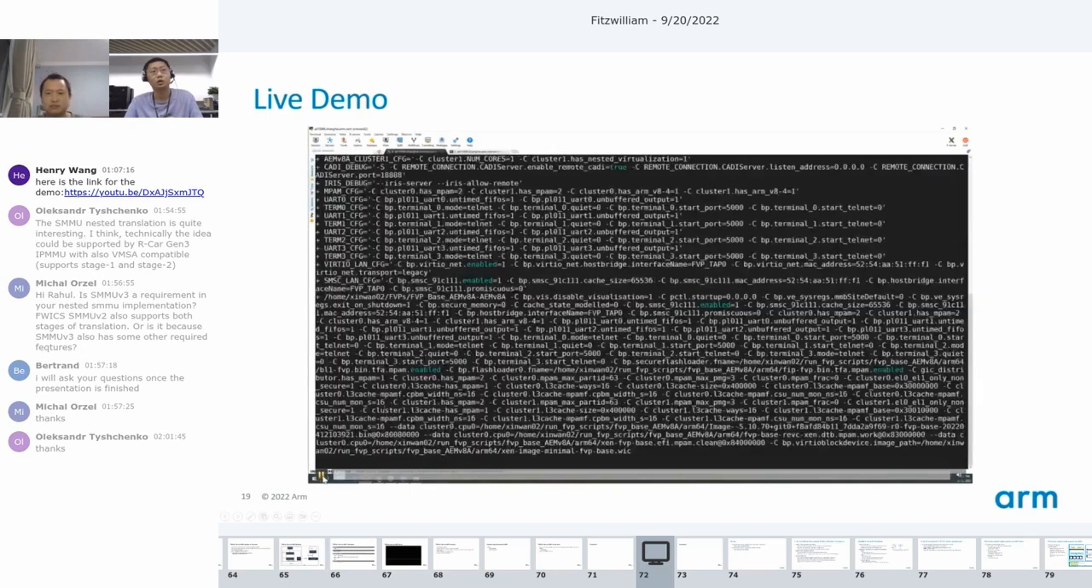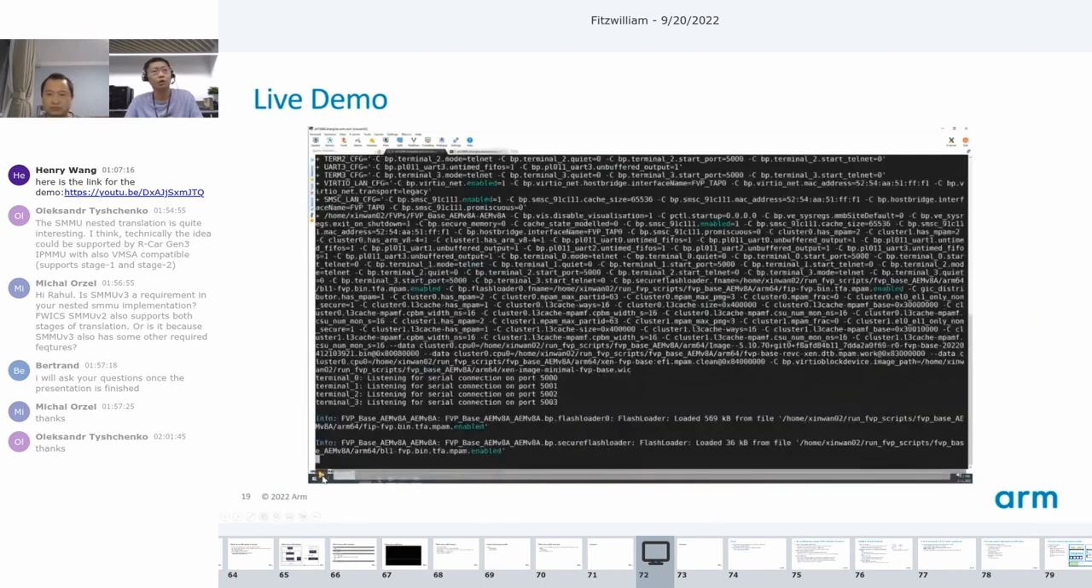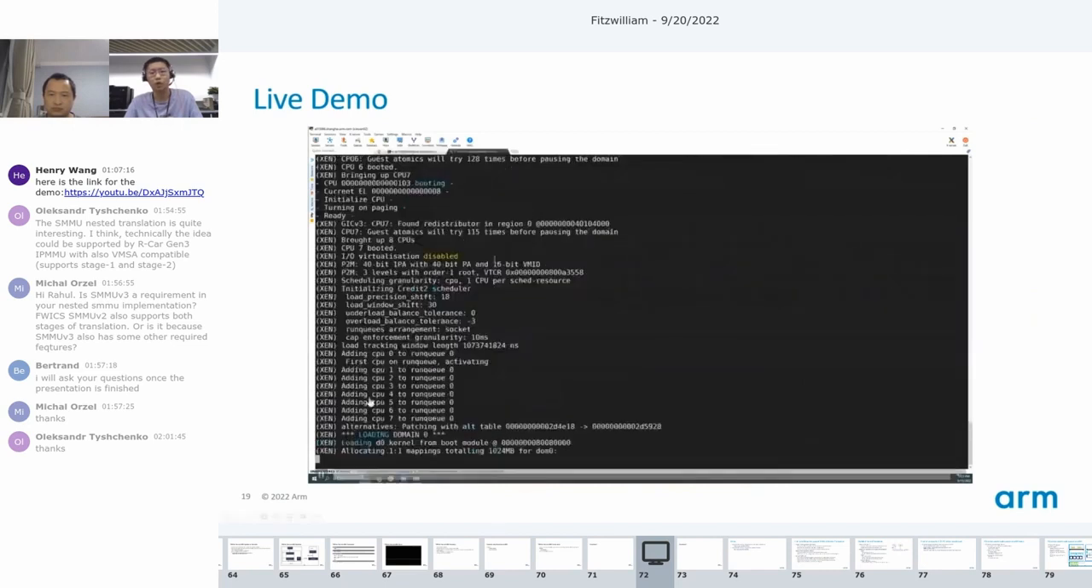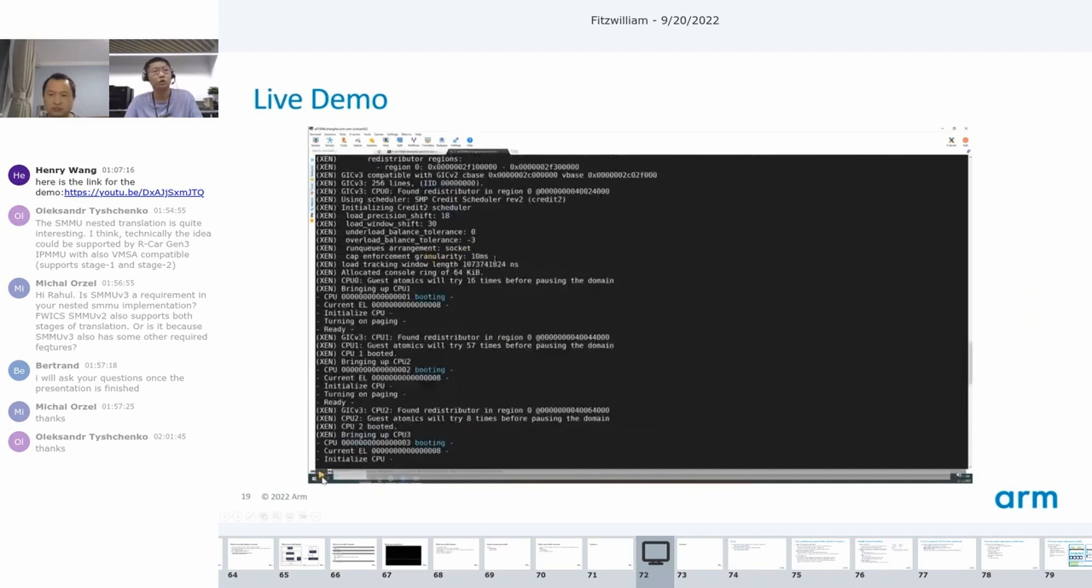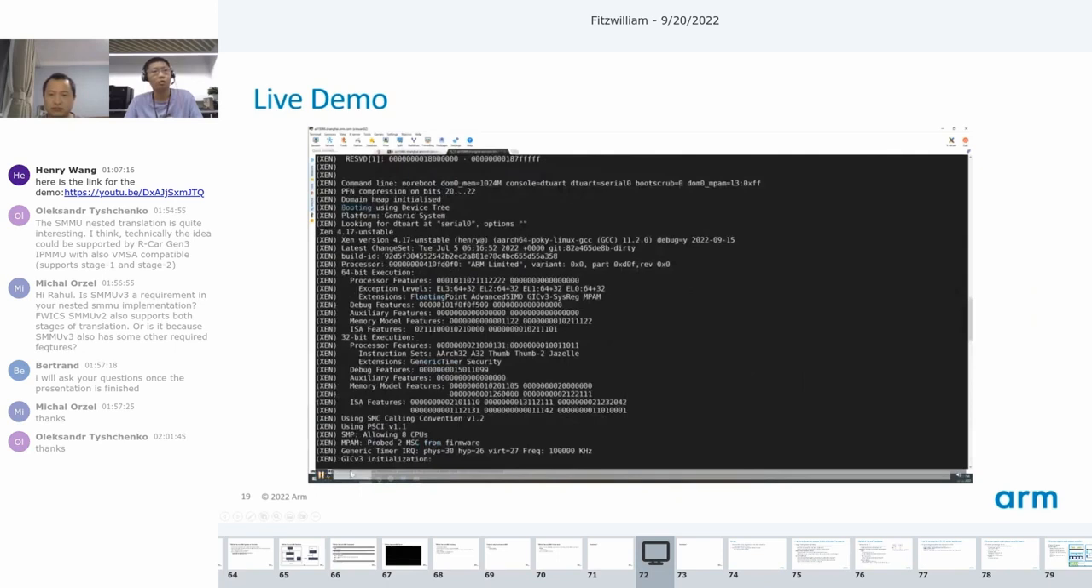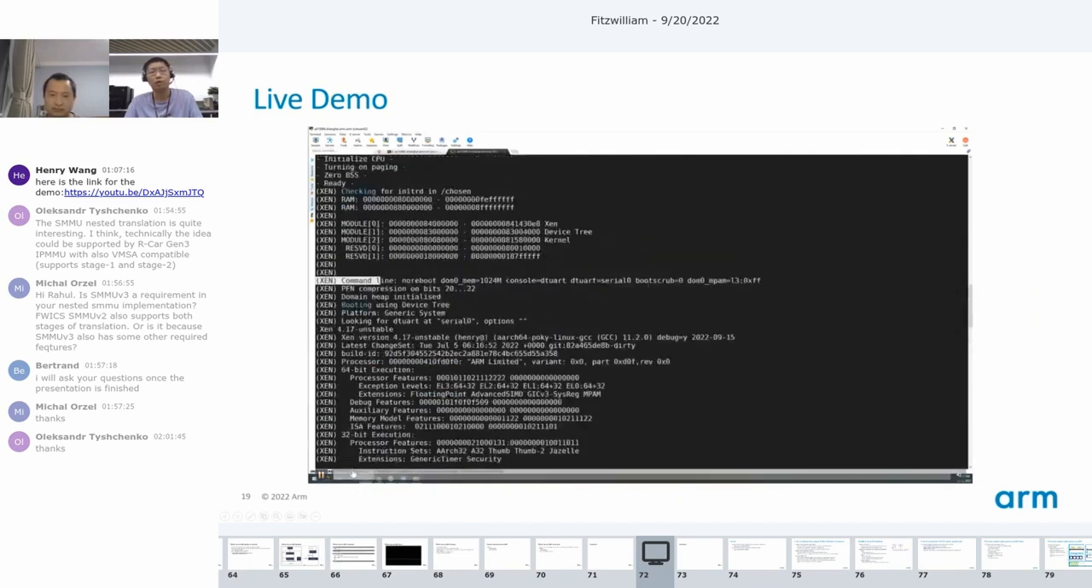Now we can see that we start the FVP, and from the log printed here, we can see we can use telnet to connect to the serial port of Xen and DOM0, which is port 5000. And if we connect by telnet, then it's booting now. So while we wait for the booting of DOM0, we can scroll back a little bit to see the logs